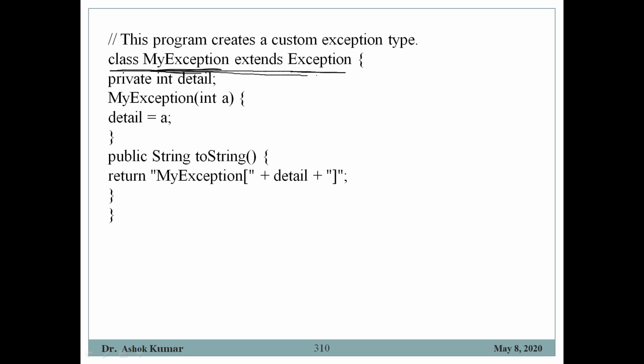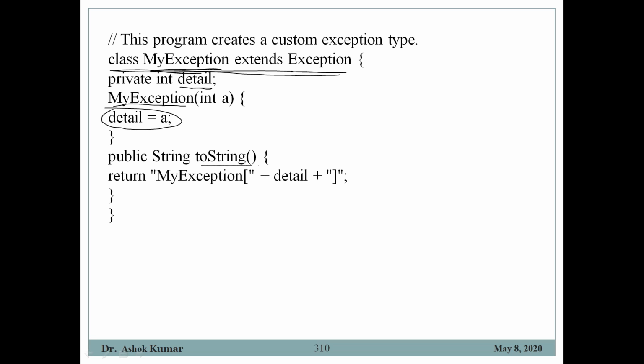In this class, myException, there is one private instance variable detail, of type integer, and one method, a constructor, which is parameterized. It receives one parameter and assigns the value to the detail instance variable of the class.